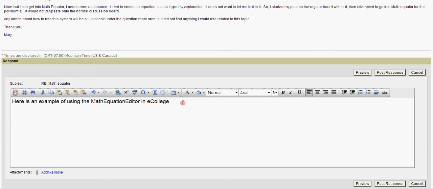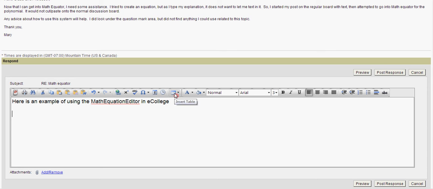Alright, I just want to give a quick demo of how to use the math equation editor here in the discussion area. So the first thing you'll do is type out an explanation of what you're about to do. You may just say I'm going to solve an equation and here are my steps, or whatever it is. Any plain text you'll just type there in the discussion area, not in the equation editor. So when you get ready to